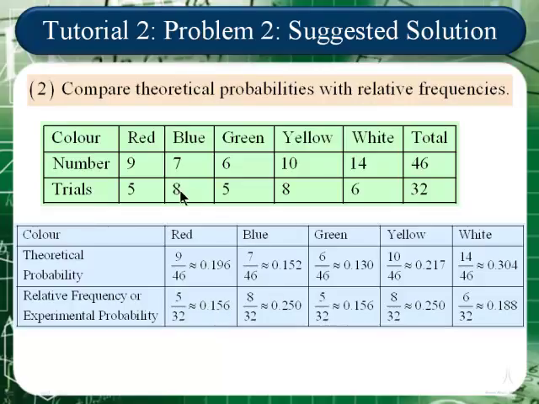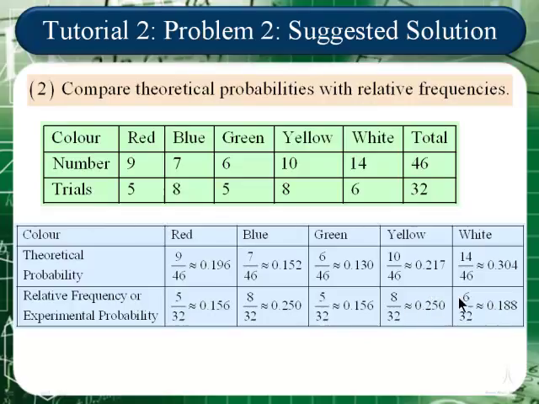While for blue it is 8 out of 32, or a quarter, or 0.25 or 25%. For green, 5 out of the 32, or approximately 15.6%. Yellow, 8 out of the 32, also 25%. And finally for white, 6 out of 32, or